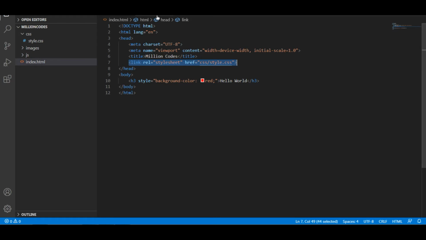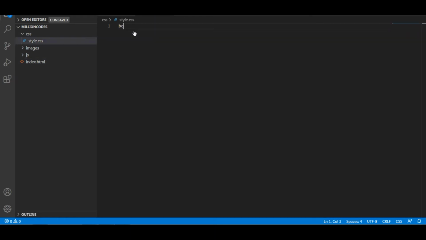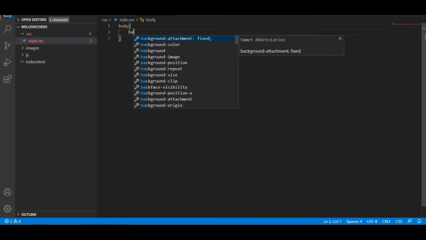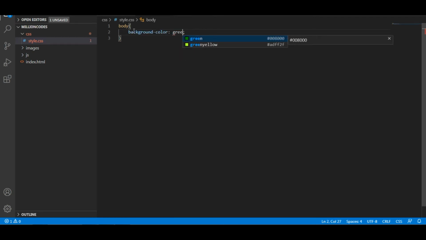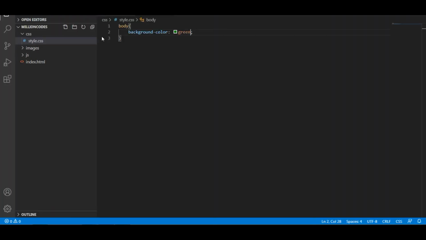So let's see if it's working or not. I am applying the body background color as green. You can see here the background color is green, but we have some extra spaces there, so we want to remove them first.